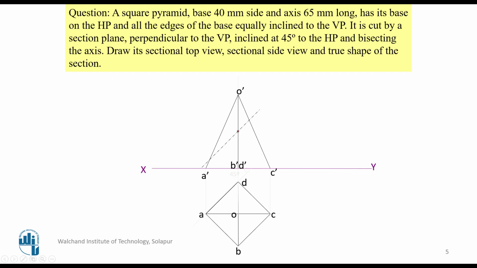You can consider OB is near to the observer, meaning the first edge is OB. OD is the backside edge, and OB is the front side edge. That is the reason for 1 and 2. 2 will come on the OB point. This is 2, then this is 3. There are no further edges here, only one edge. While you are coming back, you give this the number 4. Then here there is no point. So 1, 2, 3, 4, all 4 edges are cutting. Based on that, you give the naming for those particular points. Now bring this point in the downward direction. This is a projection. You are going to observe it here.